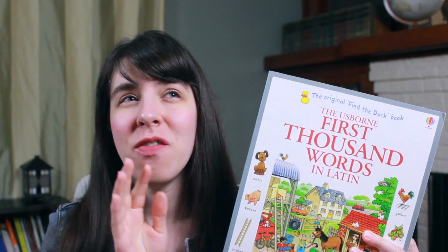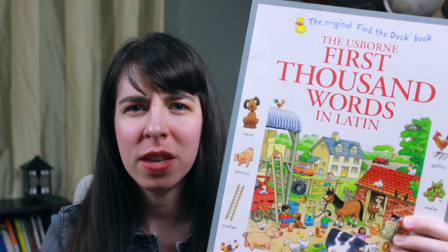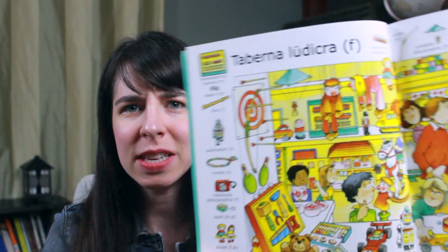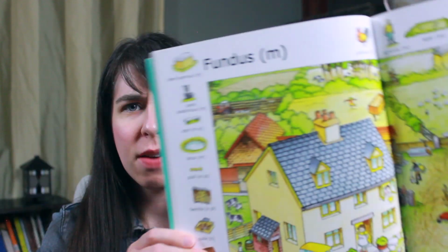Now, I have fantastic memories of Usborne books from my childhood. There are a couple key ones like the Time Traveler series and a few others that I am looking forward to sharing with my own child because I just spent hours flipping through them as a kid. And one of the things that makes Usborne books really great are the illustrations. I love the illustrations that they include. They have scenes here, like this is a toy shop, where your child can see the objects in context. And they have a lot of these